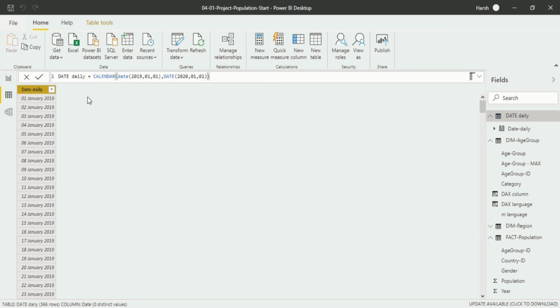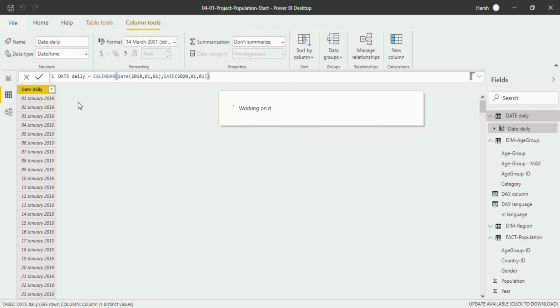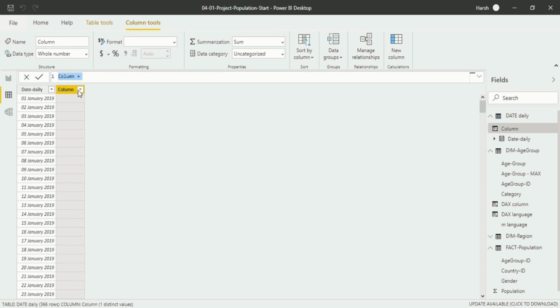For example, even if you have a data set in which date is available and certain things you want to extract from it, you can do it by writing your formula. So how to do that? First of all, we have to make a new column. Just click on new column. New column will be created within seconds. Just the new column has now been created.